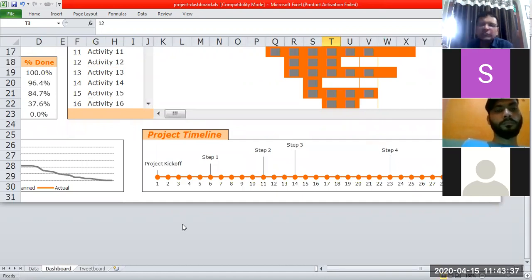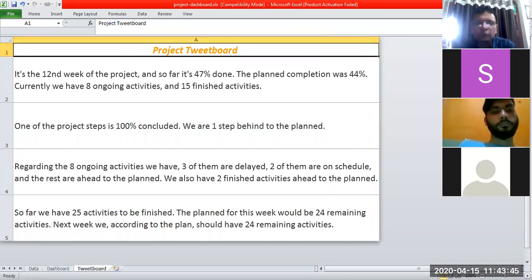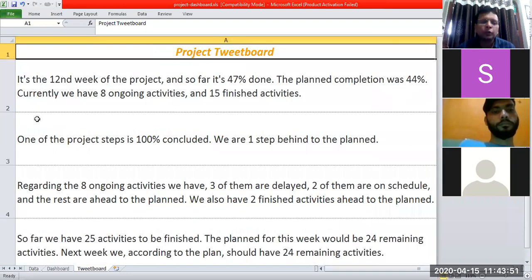What happens for the senior people in the company? For them, we have written some programming. Small programming has been written. This is the tweet board that can be shown to the company owner, right? Suppose you are submitting a report, you want to put it in the social media, or you want to publish it in the company's annual report or something. So this is the tweet board that has been created.